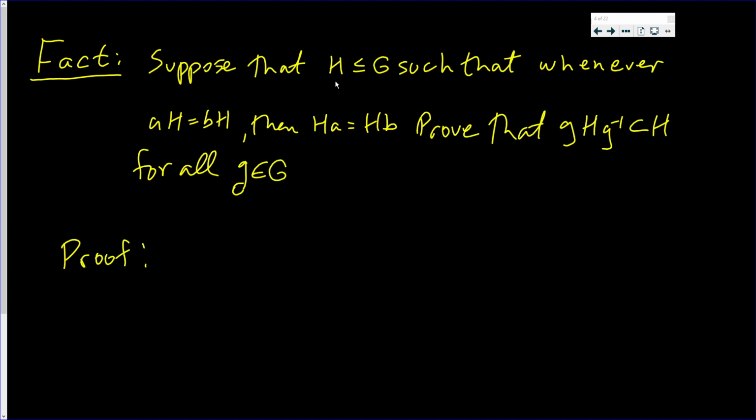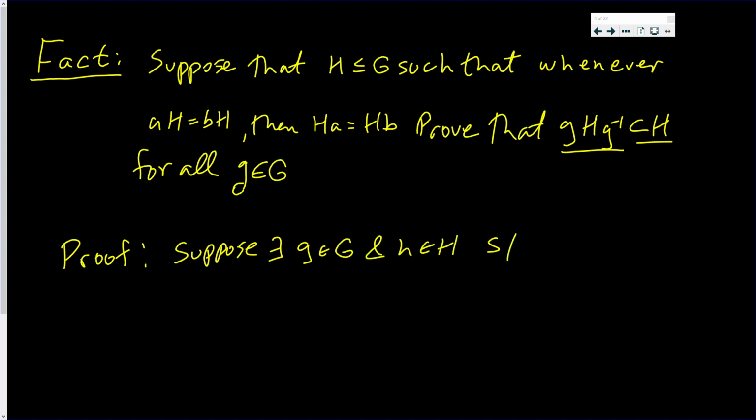Now, we'll do this by contradiction. We want to prove that this is always a subset of H. So, suppose there exists a g in G and an h in H such that gHg inverse is not an element of H. Okay. So I'm going to end up showing that, you know what, I'm wrong. This is in H. Okay, consider